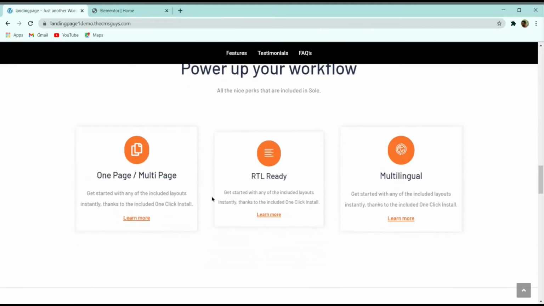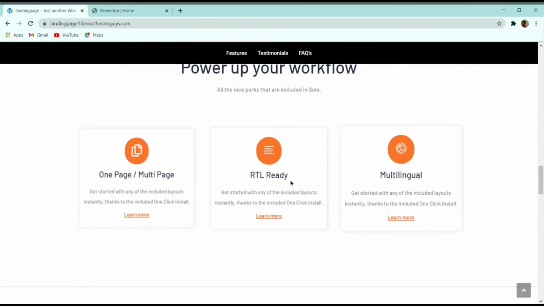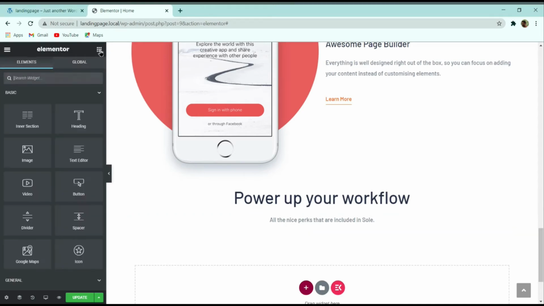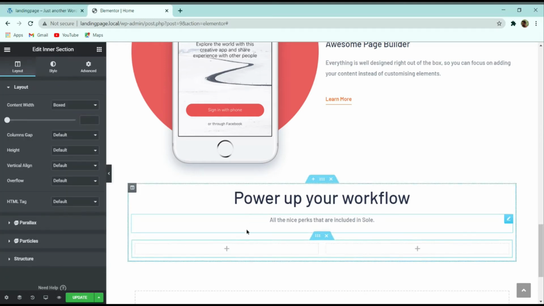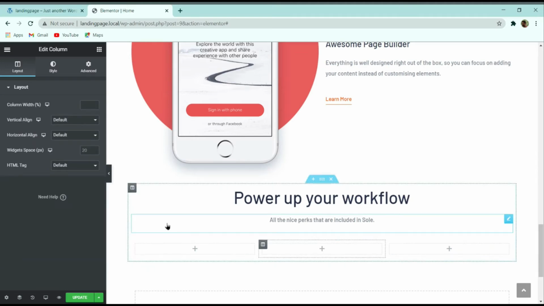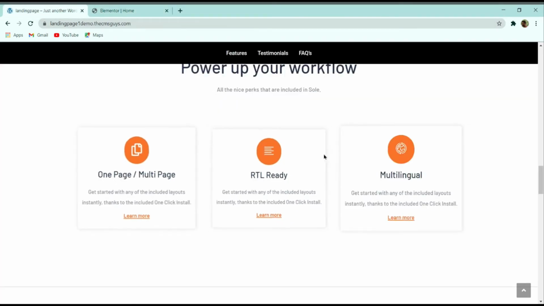So now we have to create these icon boxes. So to create these icon boxes we need three columns. So basically again I will click on these nine dots over here, and then here I will search for the inner section, I can simply drag this inner section to this, and here I will make the column to three columns. Let me add one more column. So basically now here you can see that we have three columns over here. So now let us create icon boxes.